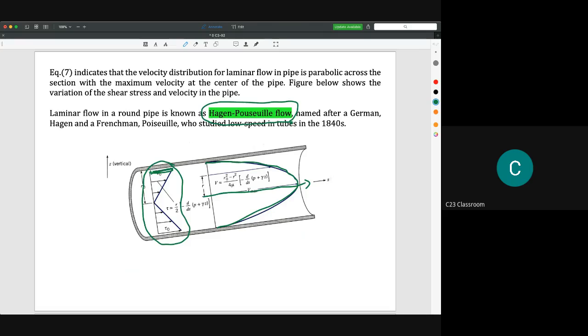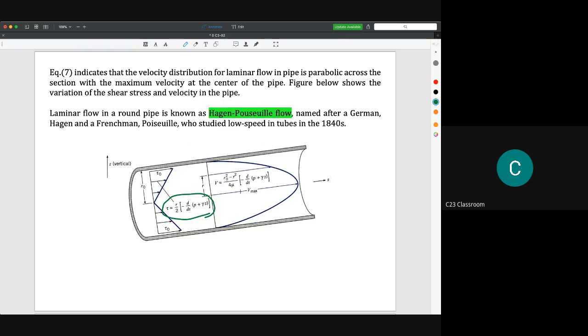This is the maximum shear stress, because it holds the molecule very well and gives zero velocity. The shear stress becomes zero here, because at this point the velocity is maximum. So this is the equation for the shear stress